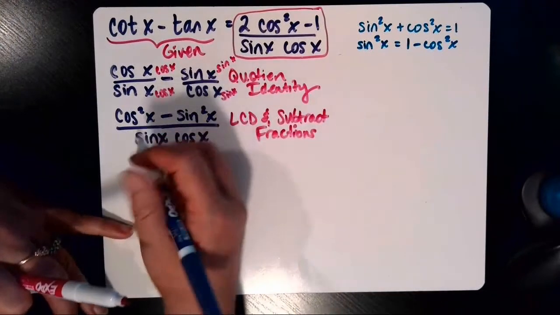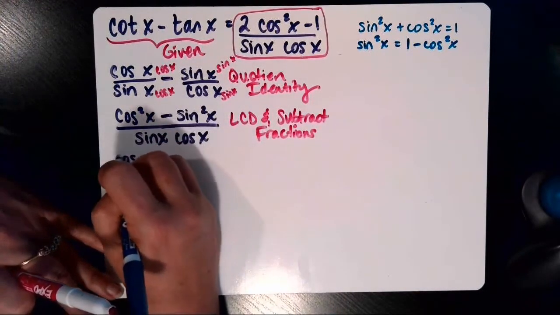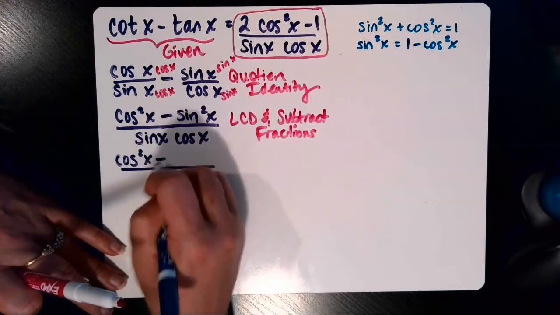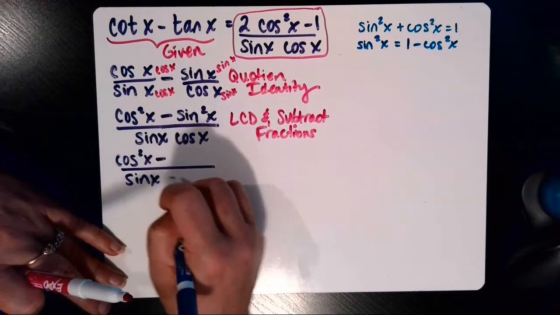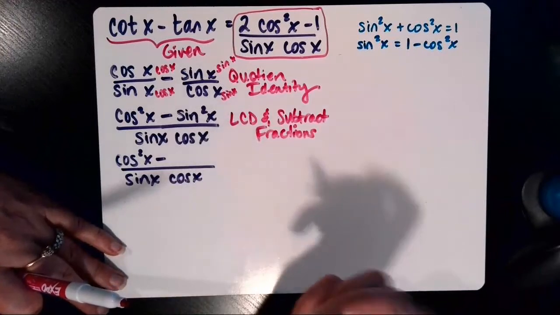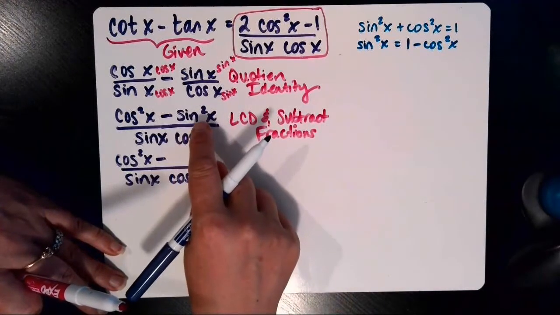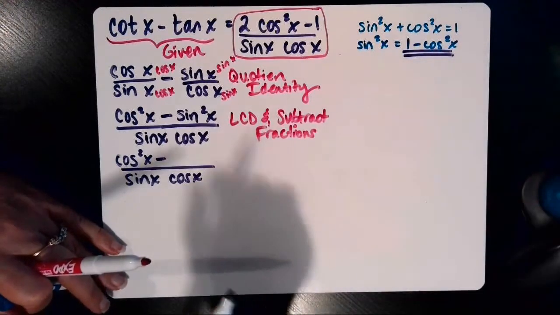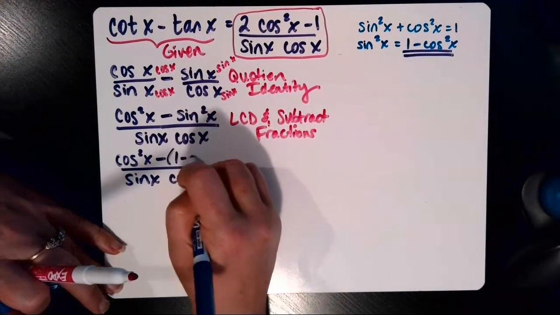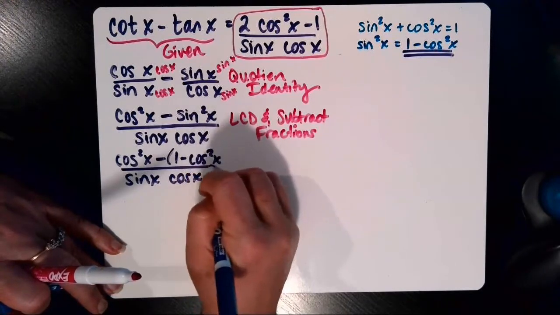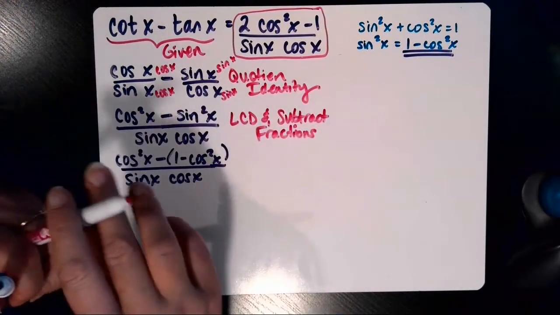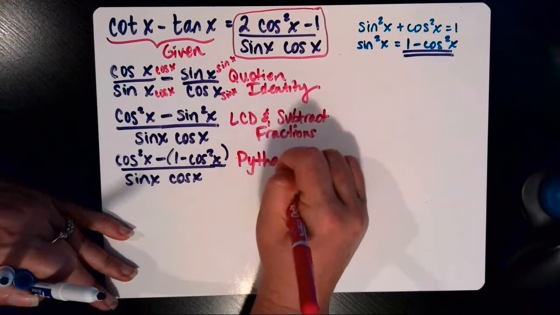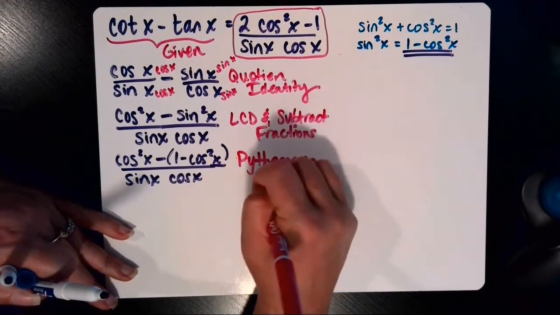verification here. So I'm going to leave the cosine squared x alone. I'm going to leave that denominator, sine x, cosine x, all alone. And now here, instead of sine squared x, I'm going to go ahead and replace that with this Pythagorean identity, 1 minus cosine squared x. And that is using a Pythagorean identity